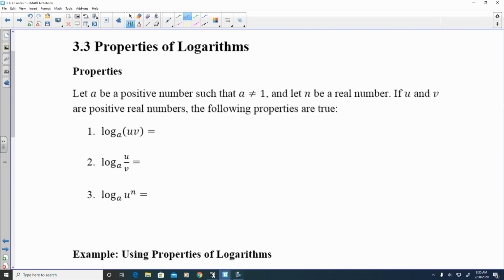All right, section 3.3, we will be covering properties of logarithms. There is actually one property that did not make it onto here for some reason, my fault, that we need to add, which is the change of base formula. So add it just right to the top because it is going to be right at the beginning of your homework. And the change of base formula says if we have log base a of x,